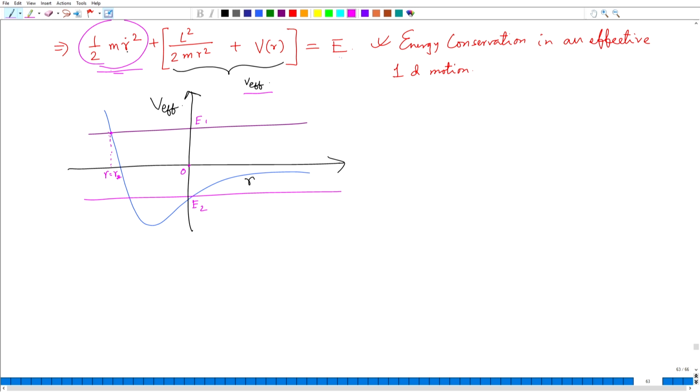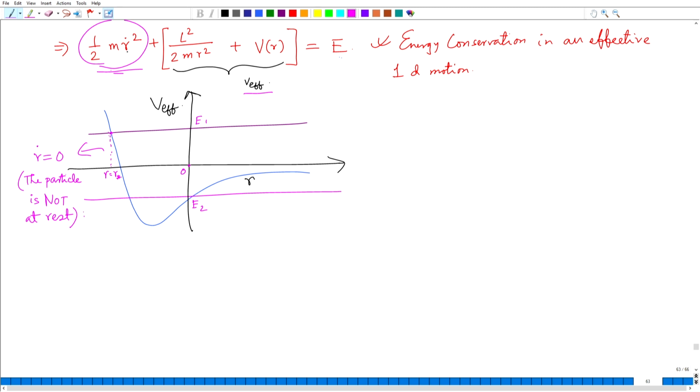So, its r dot is equal to 0. But remember, this does not say the particle is at rest. The particle is not at rest,